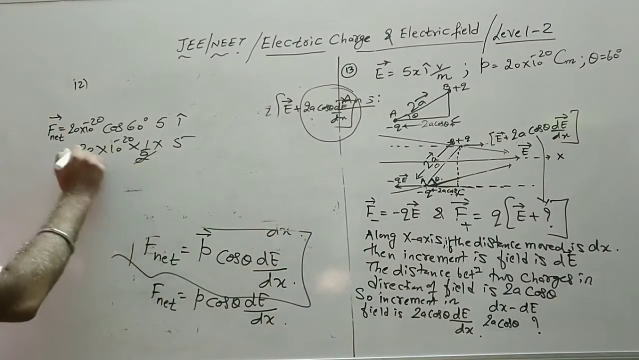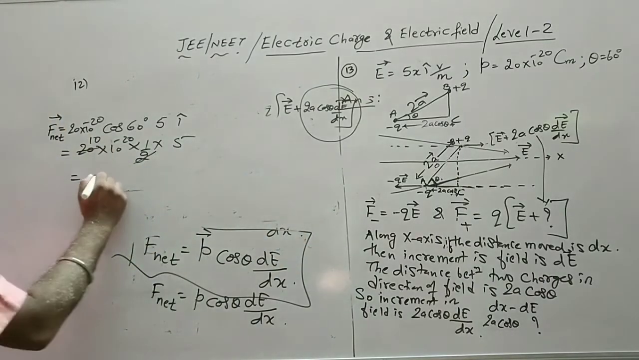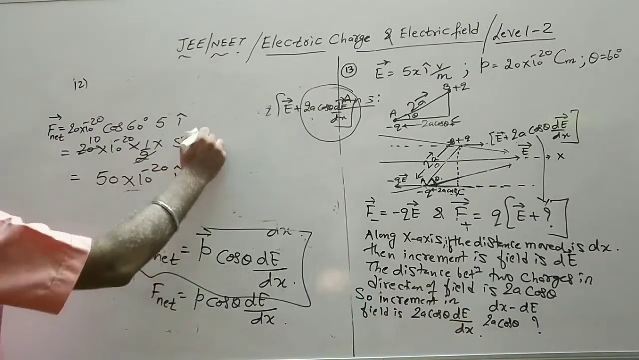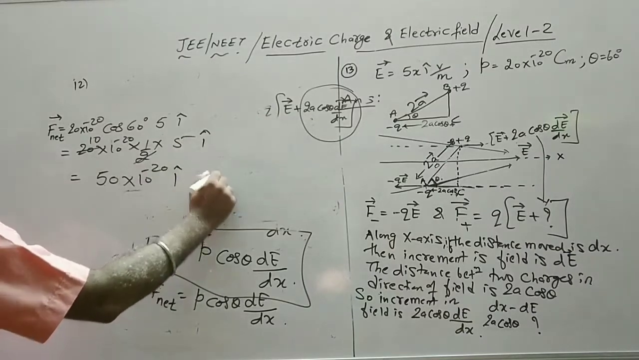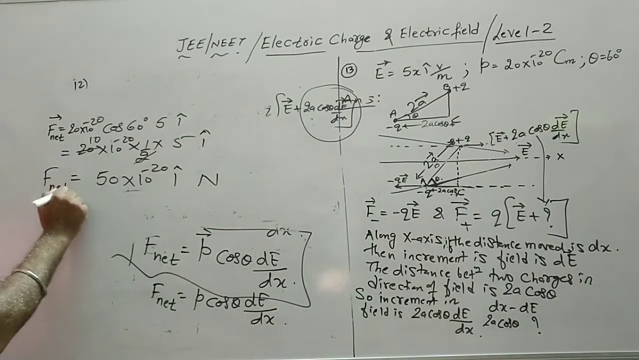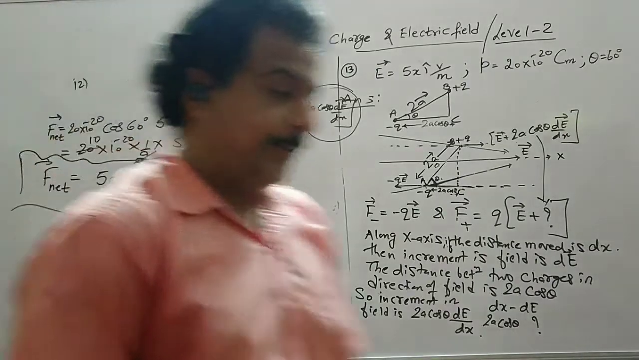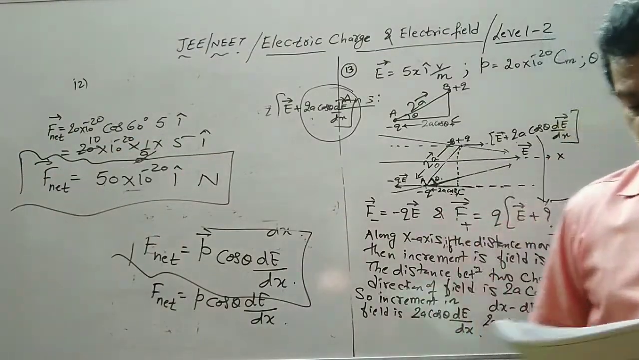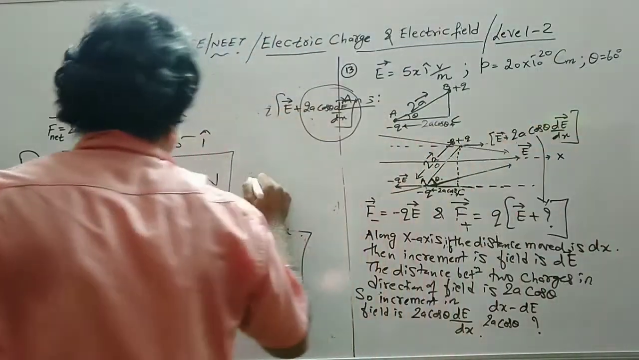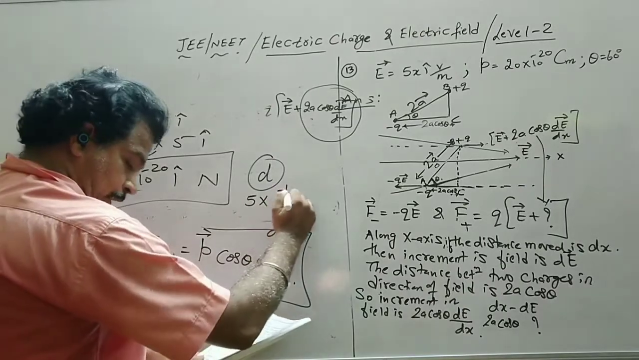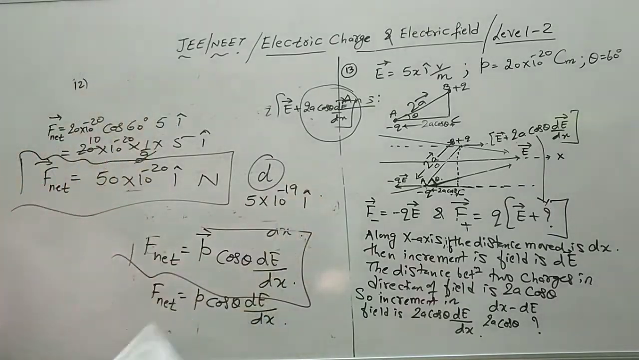So this 2 is cancelled with this 10, so it comes out to be 50 into 10 raised to 20 minus 10 raised to minus 20 I Newton. So the resultant force is along the x-axis. So this comes out to be option number D, which is given as 5 into 10 raised to minus 19 I, which is the same answer. So this is the theory